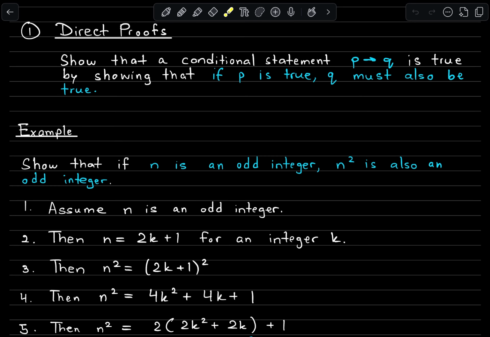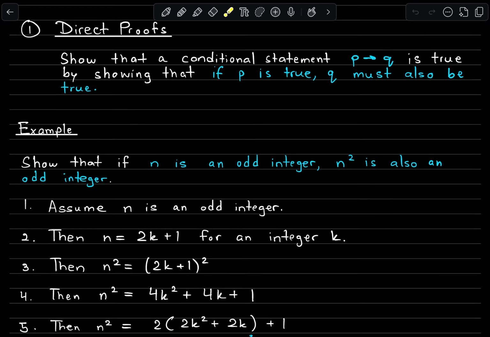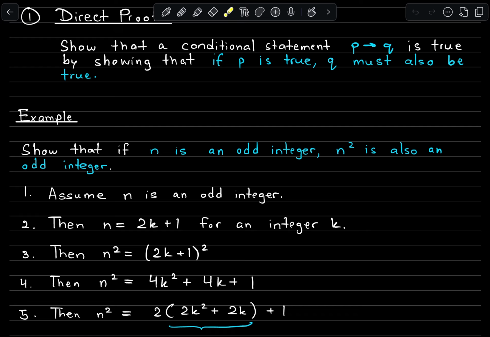So I'll have 2 times, in parentheses, 2k squared plus 2k, all of that plus 1. And just by getting to this point, I've got this into the form of 2 times something plus 1, even if that something is some other operation or expression. That's fine, as long as this is